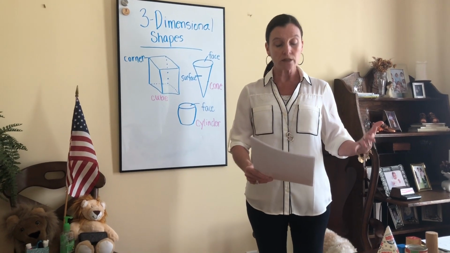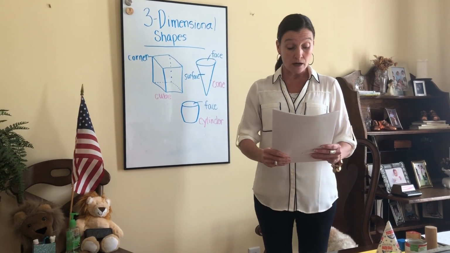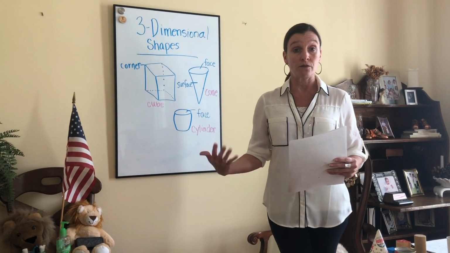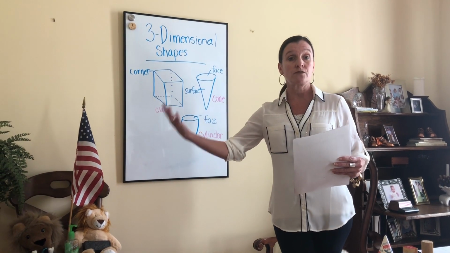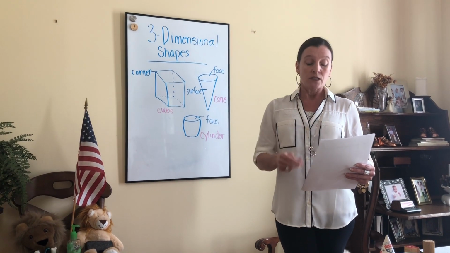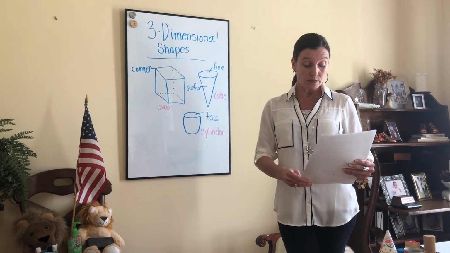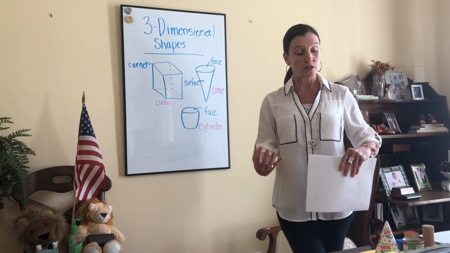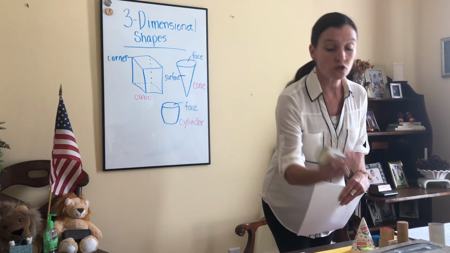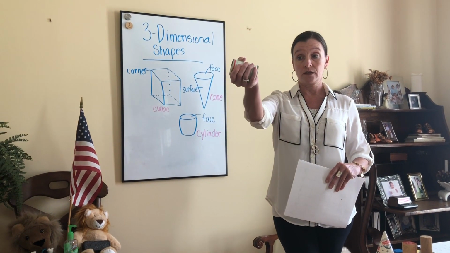All right, so we learned in Unit 7 that there are attributes of flat, two-dimensional shapes. And attributes can be defining or non-defining. So we're moving into three-dimensional shapes. And the difference between two-dimensional and three-dimensional is a shape that you can put your hand around, such as this